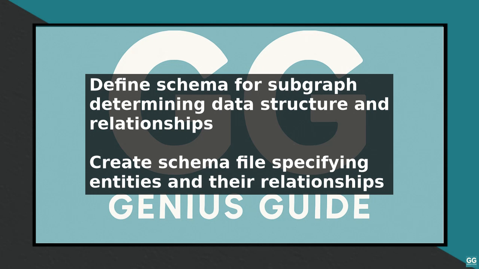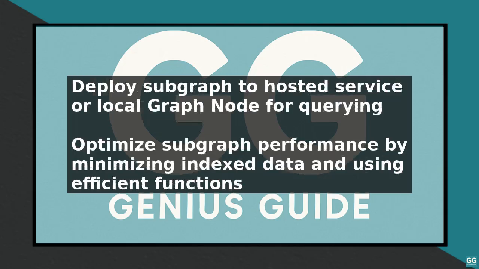Best practices for the Uniswap Subgraph include optimizing the performance of your subgraph by minimizing the amount of data that needs to be indexed and using efficient mapping functions. It is also important to test your subgraph thoroughly to ensure that it is working correctly and to monitor its performance over time. By following these steps and best practices, you can successfully use the Uniswap Subgraph and start accessing valuable data